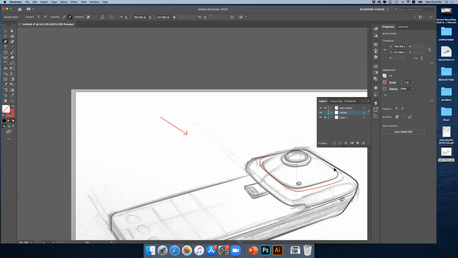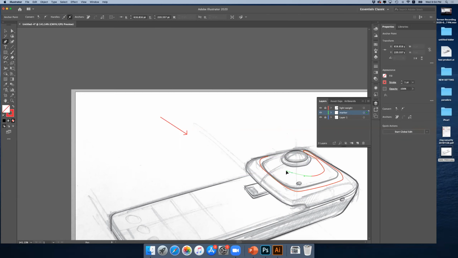So this is the middle tone. Why do I now have this red color? Because Illustrator remembers what your last move was. So my last move,